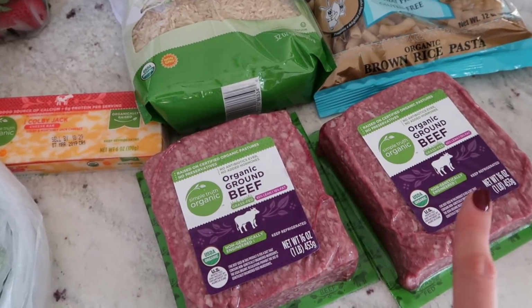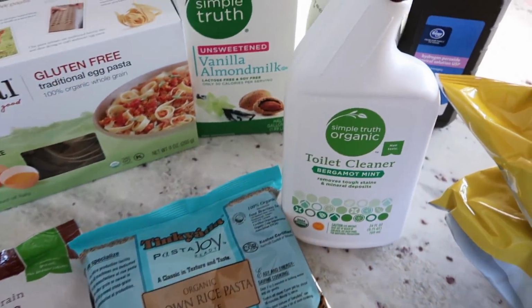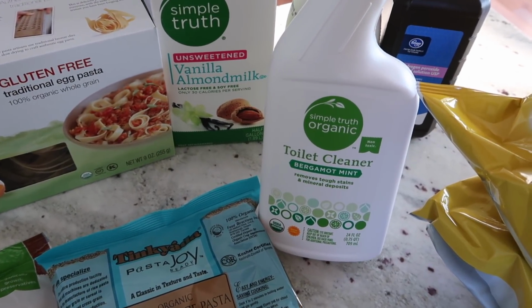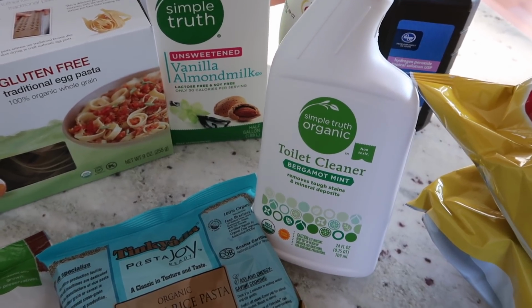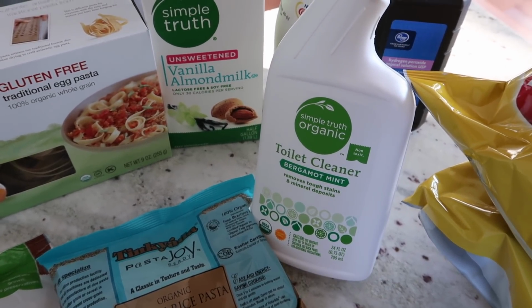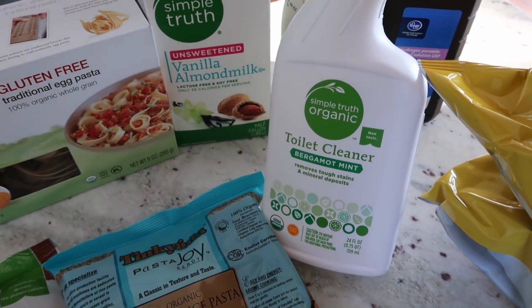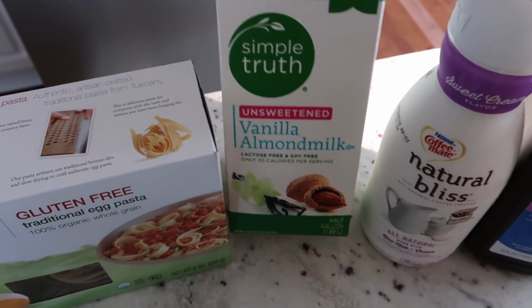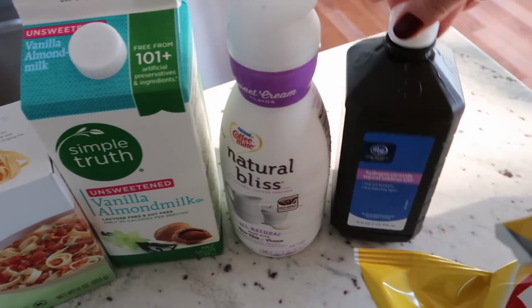I got 2 packs of organic ground beef. I normally buy the Method toilet bowl cleaner from Grove Collaborative, but I'm about to run out. I still have some, but I don't really need anything to place an order quite yet. So I got this Simple Truth organic toilet bowl cleaner. And then I got some unsweetened vanilla almond milk, Natural Bliss coffee creamer, peroxide, and I actually ended up getting